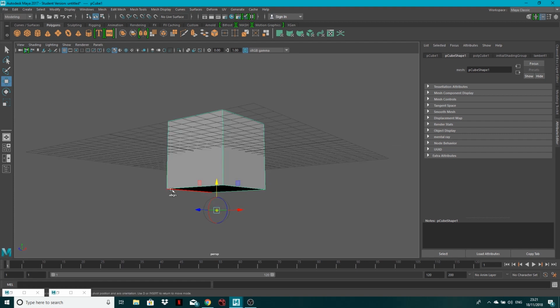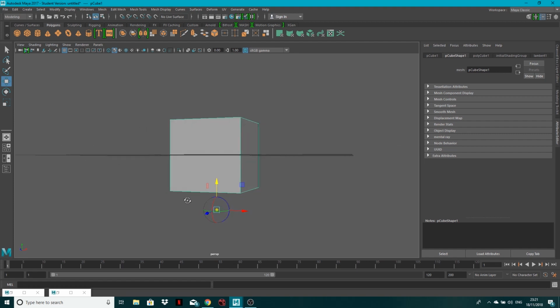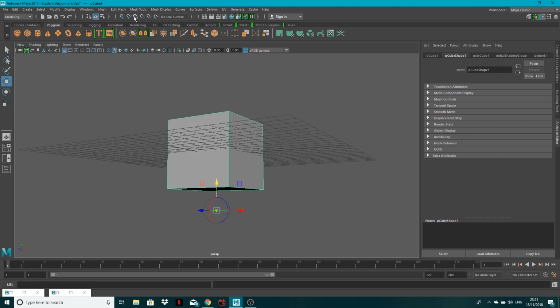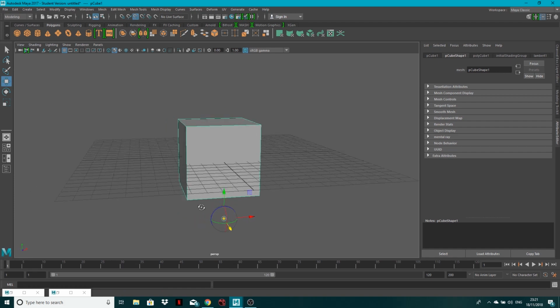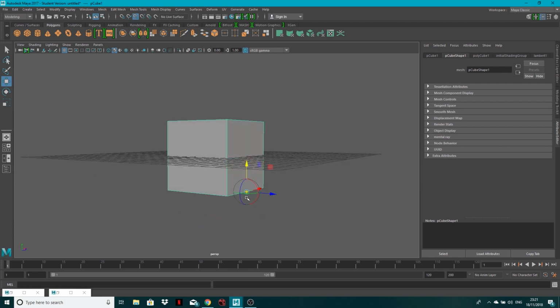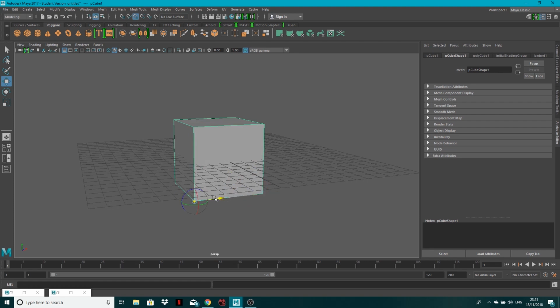Now, if you want to snap this to a certain corner, for example, what you can do is turn on snap to point up here. And now when I move this, it's going to snap to specific points, and let's just move it over. It's going to snap to here. Okay, so if I turn this off now